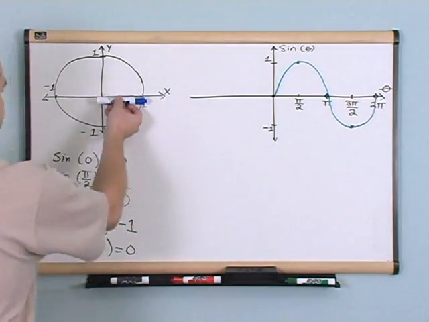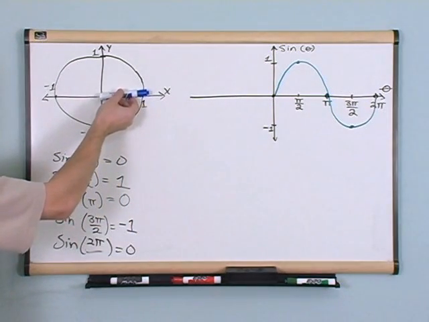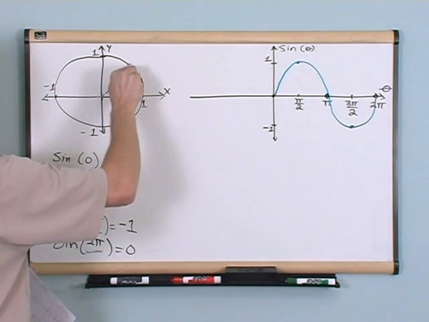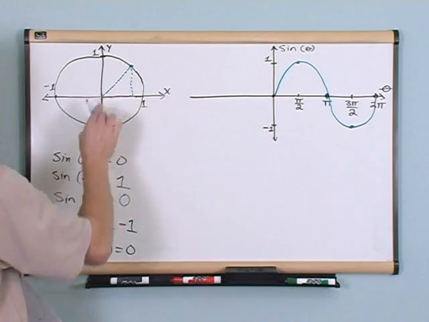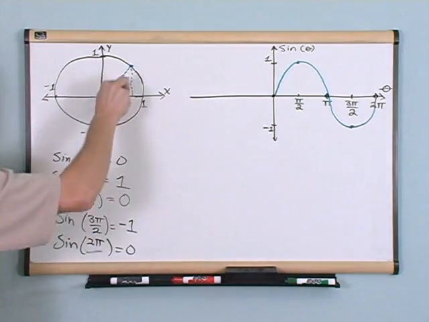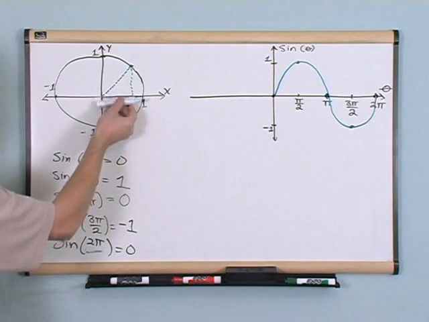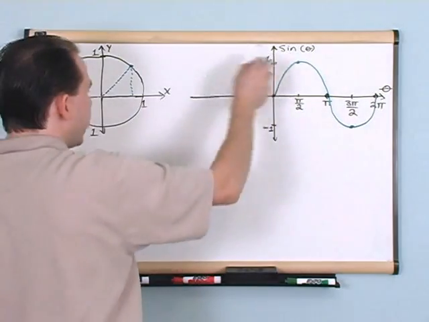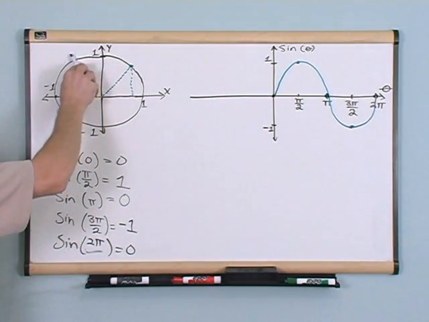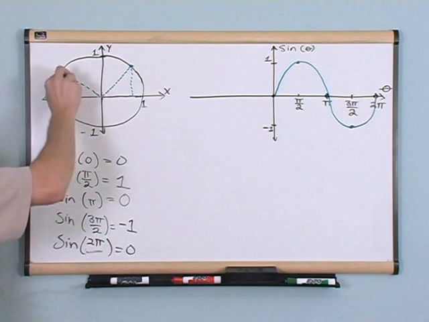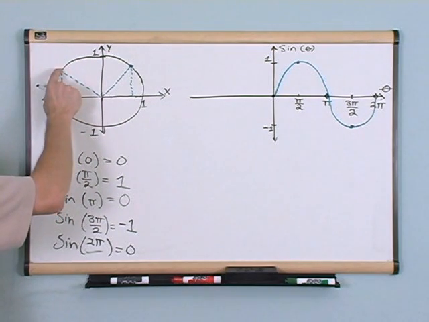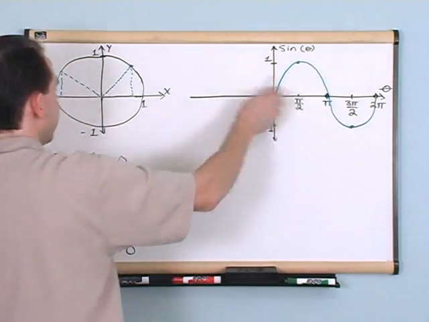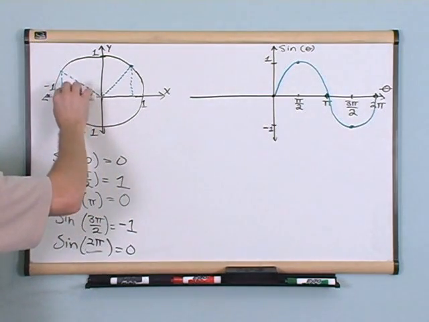Okay, at 0 degrees, it starts at 0. As you increase the angle, let's take an intermediate angle here. The sine, what we're looking for is this y component here of this triangle. Well, it gets bigger and bigger and bigger as you go up. Eventually it hits a maximum of 1 right here at pi over 2, and then it goes down because, for instance, over here, this y component is less than it was here, so it's going down, down, down. Eventually it gets to 0 right here, and then as we go down below, we're getting into negative